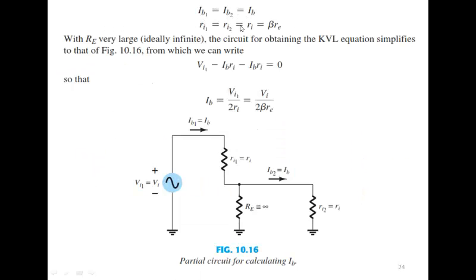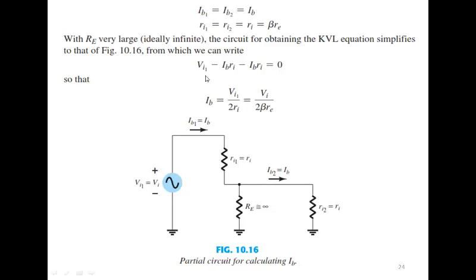Similarly, if these two currents are equal, then RI1 is equal to RI2, which is equal to RI, and RI is equal to beta RE. So for RE very large, ideally infinite, the circuit for obtaining the KVL equations simplifies to that shown in figure 10.16, from which we can write. If this resistance is very large, then this current would be approximately 0, and IB1 would be equal to IB2, and it would be equal to IB. So these currents are equal,